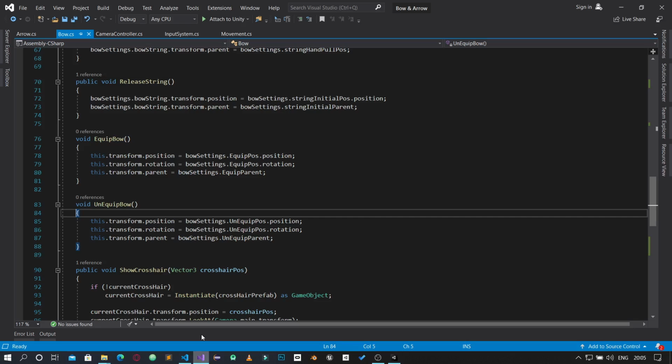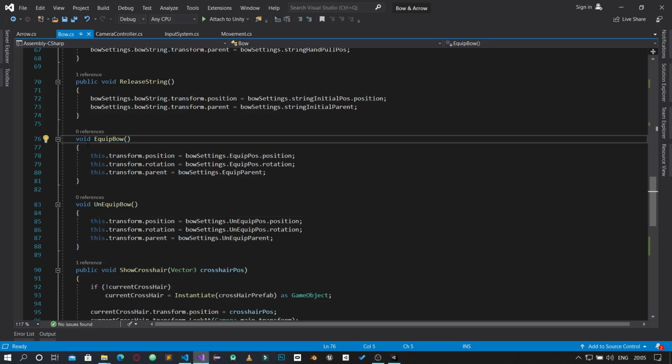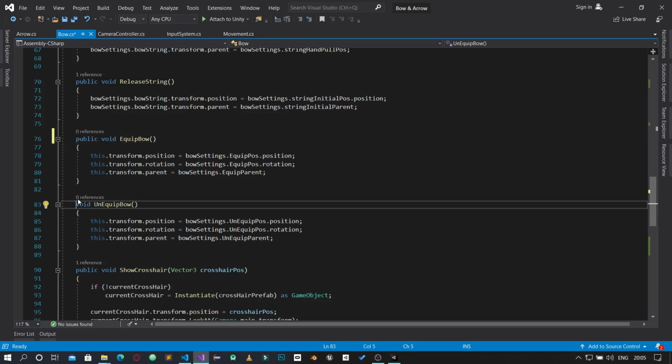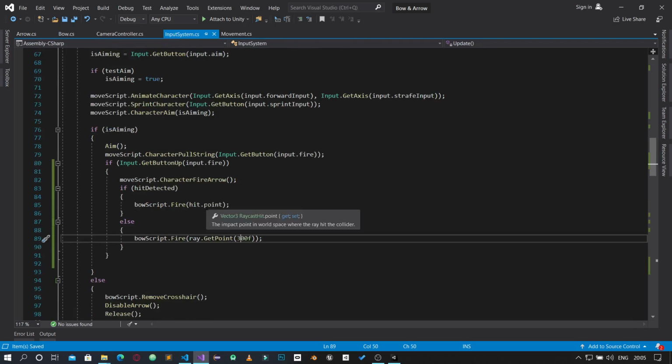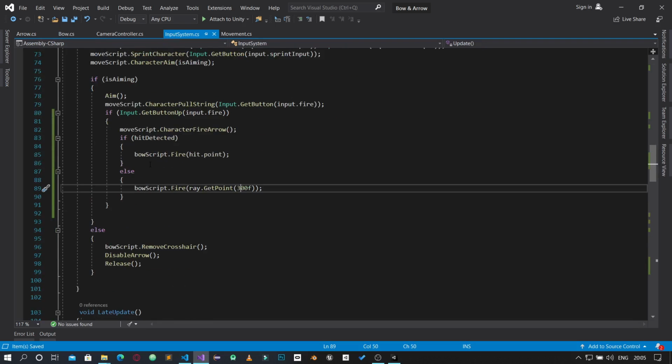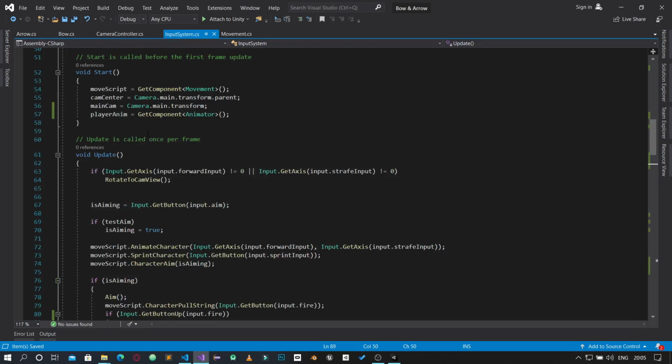We are going to save it now. Now we need to find a way to call these two functions. So we already wrote this script some couple of tutorials ago. So we are going to make these public functions. So public void equip, and then we are going to do a public unequip. Save this. Now in our input system, if we are aiming,